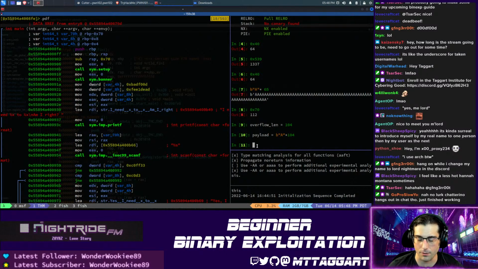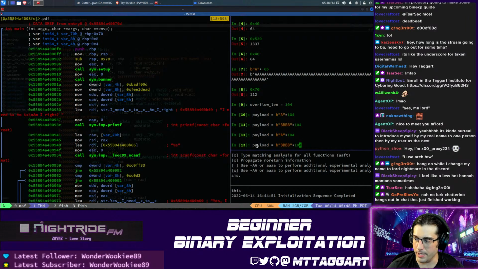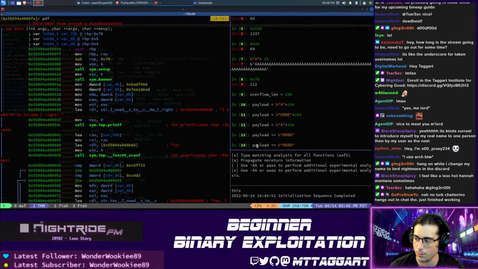So if I have that right, I'm going to do payload plus equals, and I'm going to make those B's for testing. And those are going to look like 42s when we look at it in the hex dump. Oh no. There. Payload plus equals, not payload equals. There we go, we're adding to it. And just B, B, B, B. And then we're going to add C, C, C, C, for